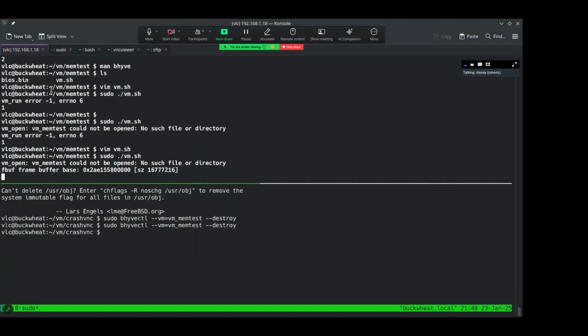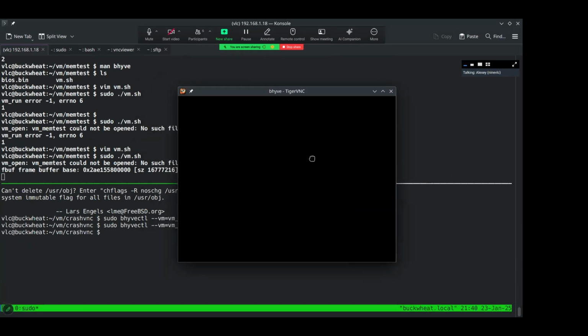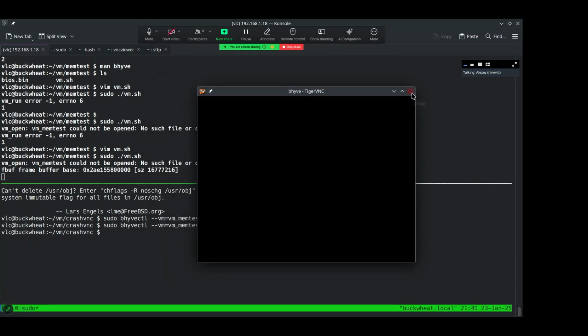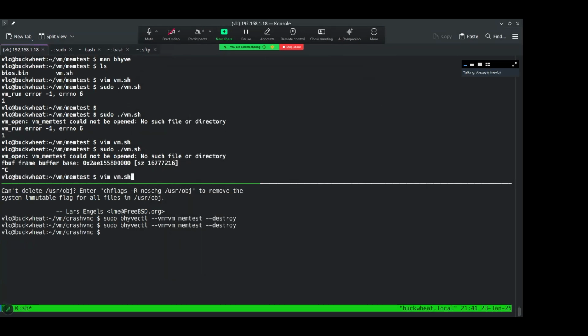It seems to be just stuck. Doesn't want to load the UEFI. And if you list the /dev/vmm directory on your host. So let's do dev vmm. Nothing.